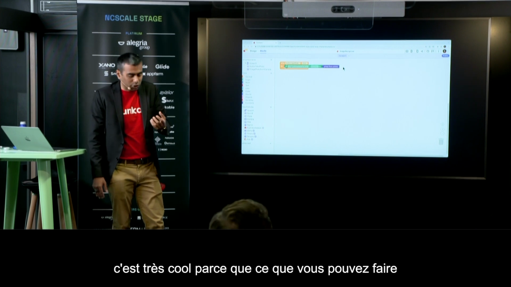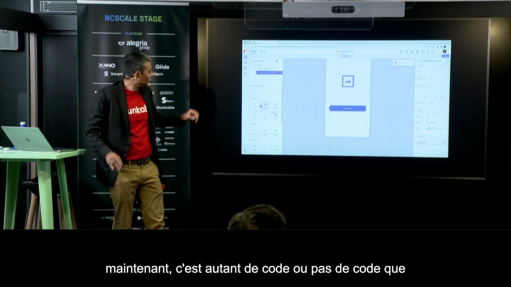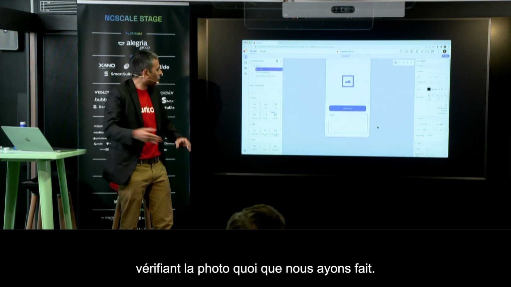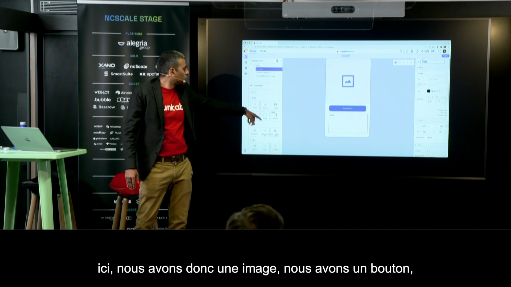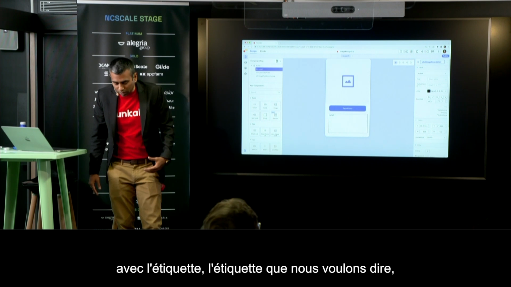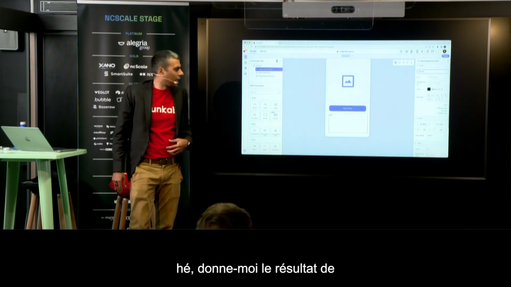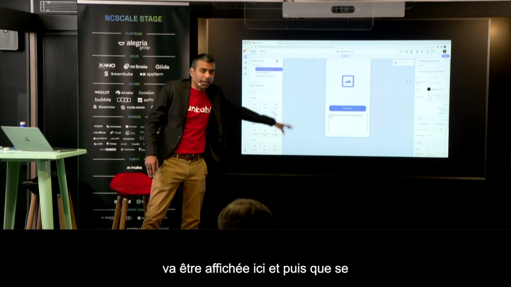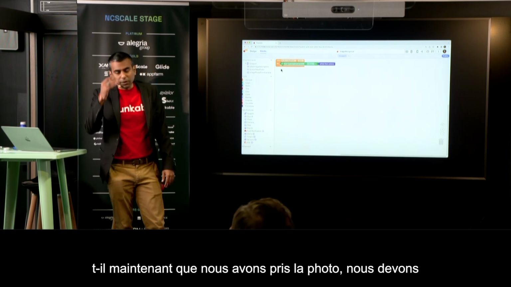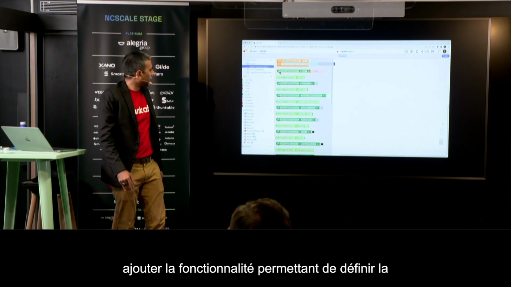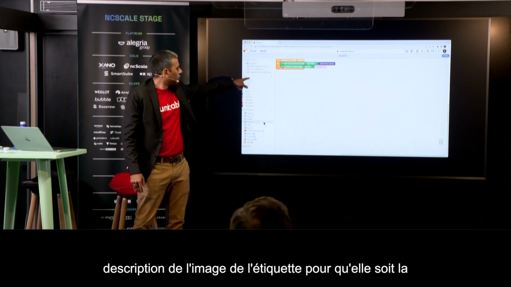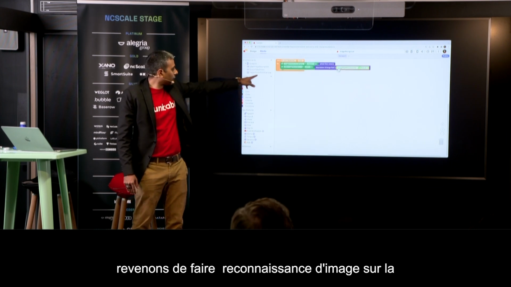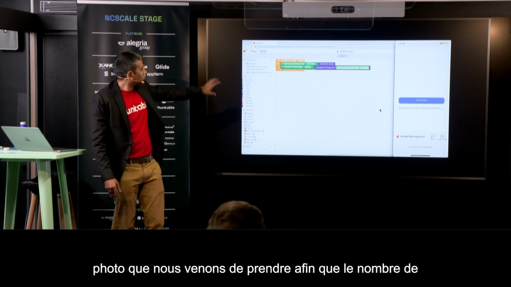Okay? So that's very cool because now, with that much code or no code, that many blocks allow you to actually take a photo. Think about how hard it is to take a photo, doing asynchronous calls, checking the photo, whatever. We've done that all. Now what happens? We add a label here. So we got an image, we got a button, we got a label. And what do we want to do with the label? We want to say, hey, give me the result of doing image recognition. So the image description is going to be displayed here. And then, now that we've taken the photo, we need to add the functionality of setting the label image description to be the description of an image that we get back from doing image recognition on the photo we just took. So that number of blocks together